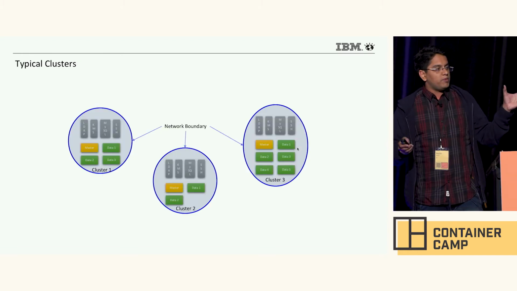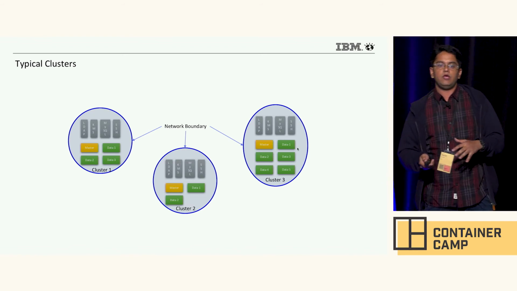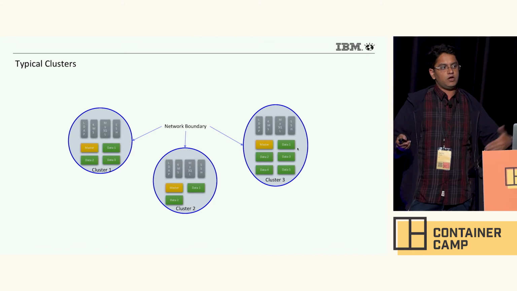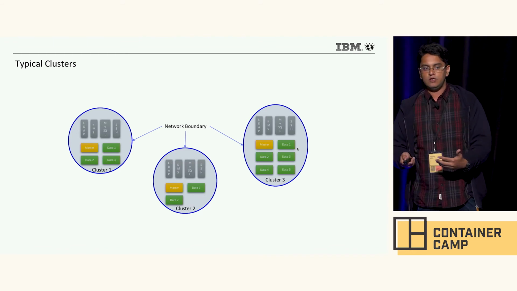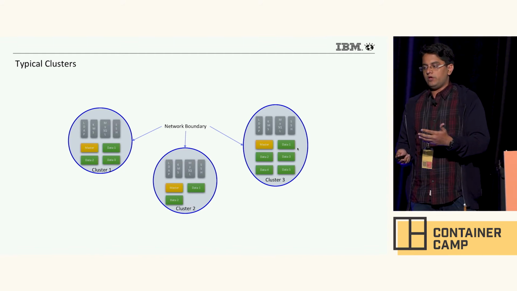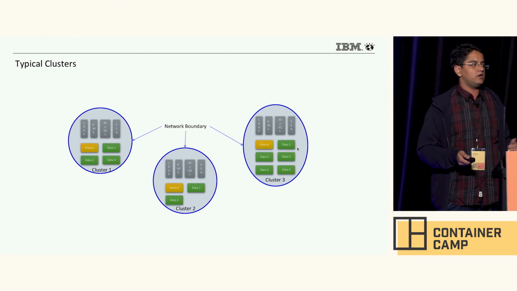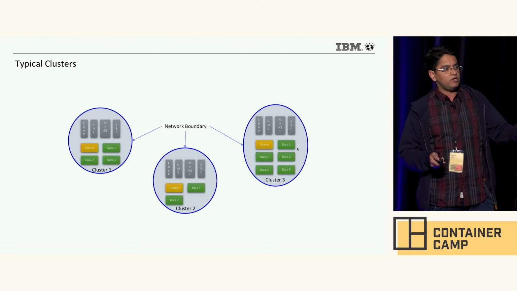So this is how our typical cluster looks. All the clusters are network-isolated. They can't talk to each other on the private network, but they can talk to each other on the public network. And if we look at what containers we run inside our cluster, we run a master node, which has some of the daemons for Hadoop,